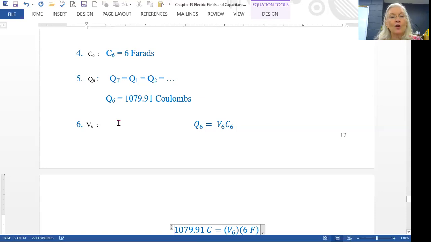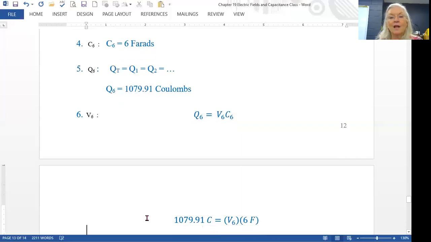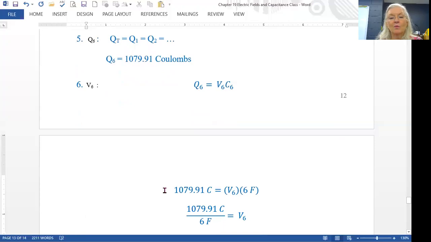The voltage drop across the 6 farad capacitor will be Q equals VC, or again, it could be C times V. The order doesn't matter. We know what Q is, 1079.91